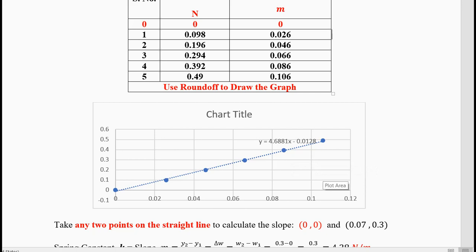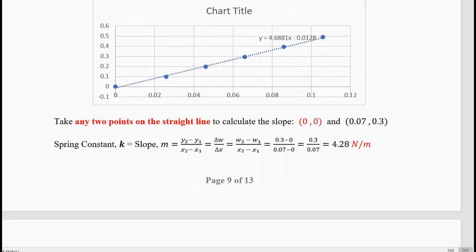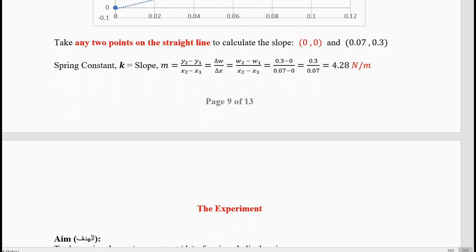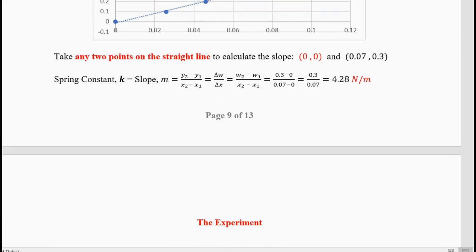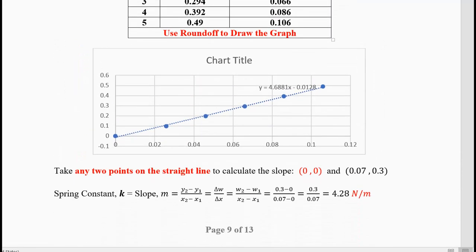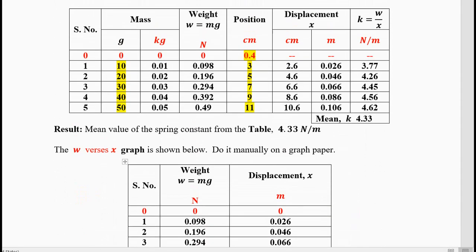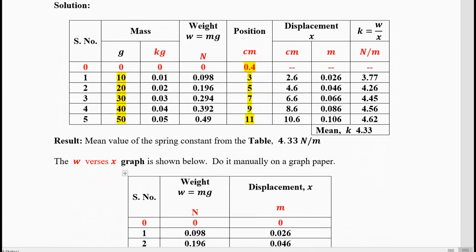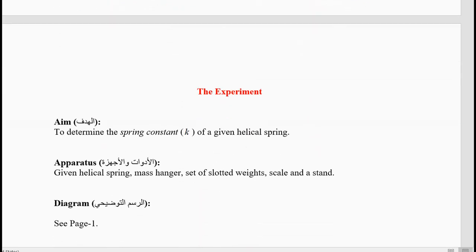This graph is from Microsoft Excel. It will not change much because it is a simple graph, but in complicated graphs even 2 computers will differ. 2 versions of Excel will also differ. If you use the 2003 or the 2016, the 2 can differ for complicated graphs but not for the easy graph. Now this is it, your expertise, your training for the calculations for this experiment. We do not need any other kind of calculations and graphs for this table. In these 14 examples we have done all kinds of calculations which are sufficient for your exams and for your reports. Now let's talk a little bit about the experiment.